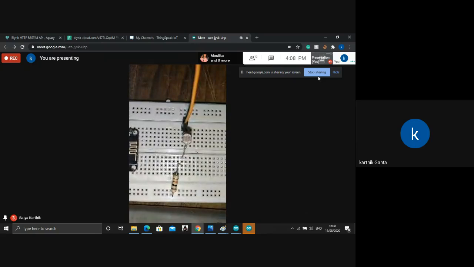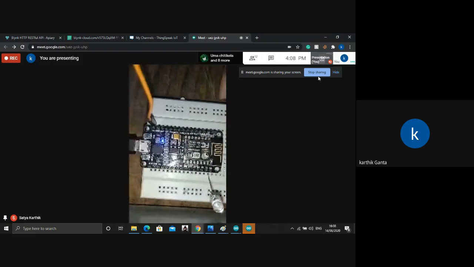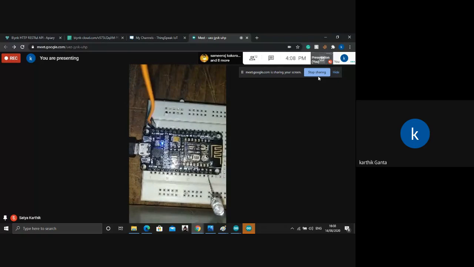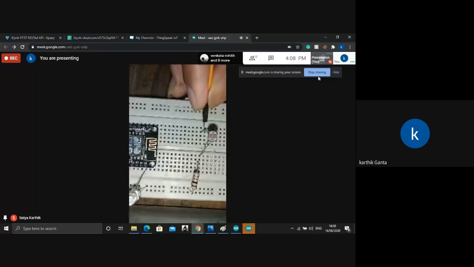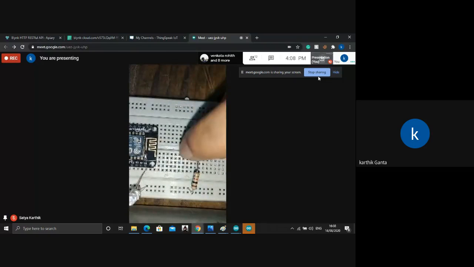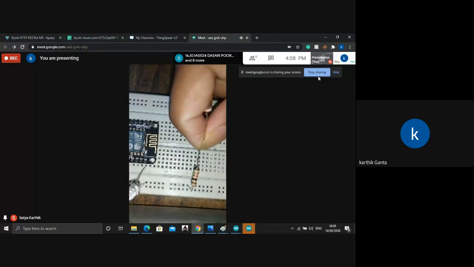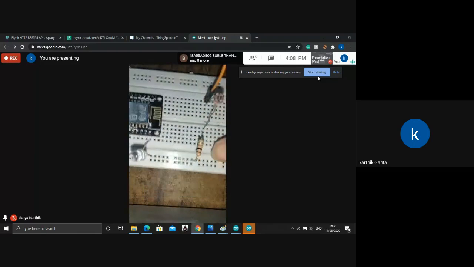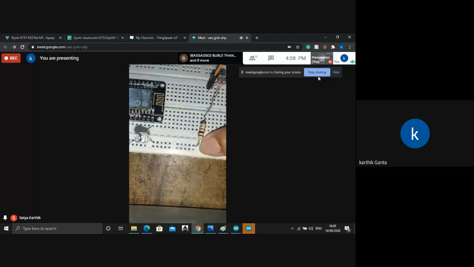I did the same connections the way I showed in the circuit. One lead of the LDR is connected to the Vin here. You can see the Vin at the end. Vin gives 5 volts as output, so it acts as the supply voltage, and goes to the top connection. The other lead is given to one pin of the resistor, and the other lead of the resistor is grounded. I'll connect this to the ground.